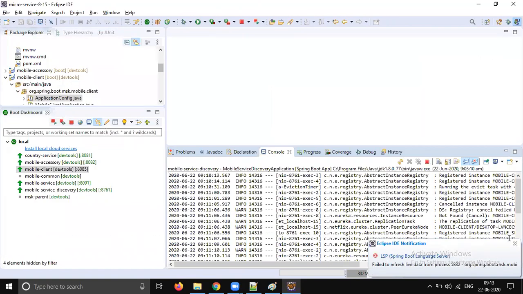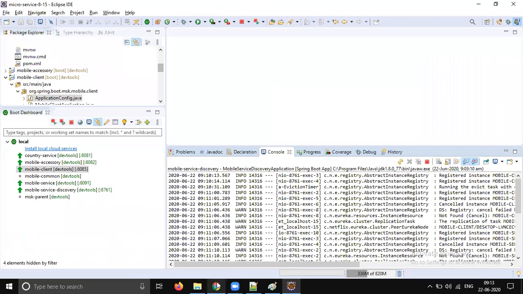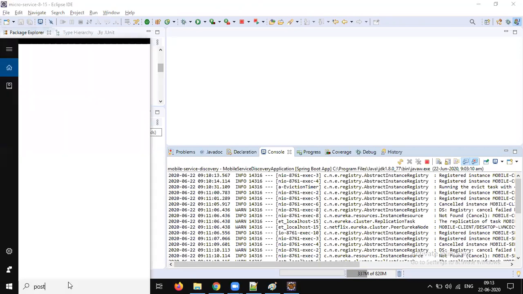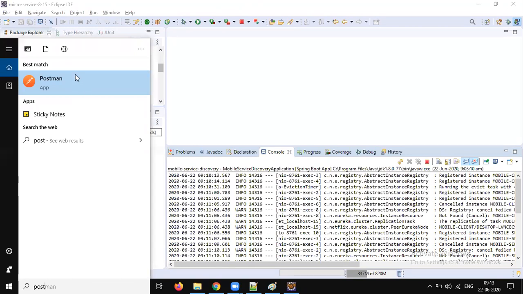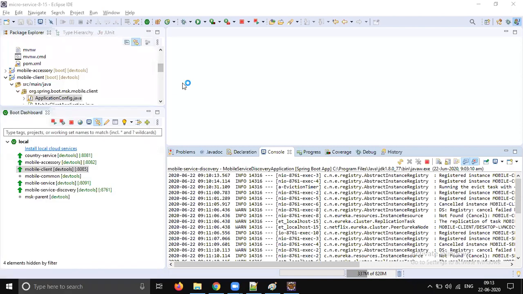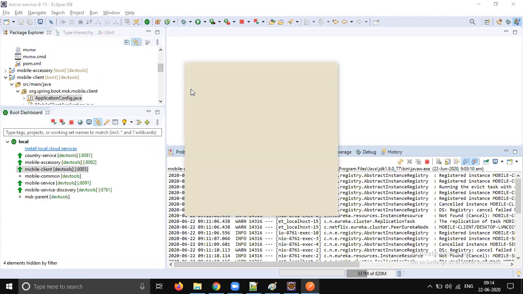Okay, so now we are good. I need to start Postman because we need a token to test our application. So we need to create a token. Let's test it. So this is how Eureka is going to be used. You need not change anything at the client side. It automatically and dynamically fixes it. But there is a next challenge coming into the picture. We will see that challenge, what the solution is, and how that solution is going to be implemented.